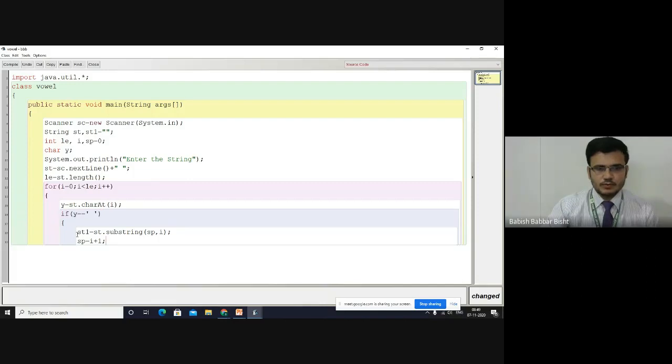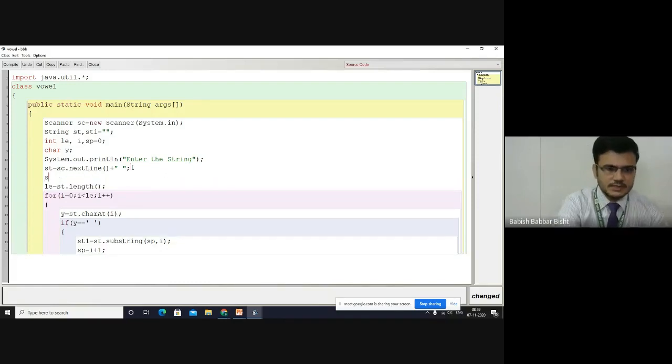So what I have to do from this, I have to check for vowel. If you want to check for only one case, you can do it over there. One more thing: st is equal to st dot toLowerCase. Whatever string you give in uppercase or mixed case, it will convert into lower case. So there is no need to write 10 conditions for A, E, I, O, U; we will check only for the lower case.